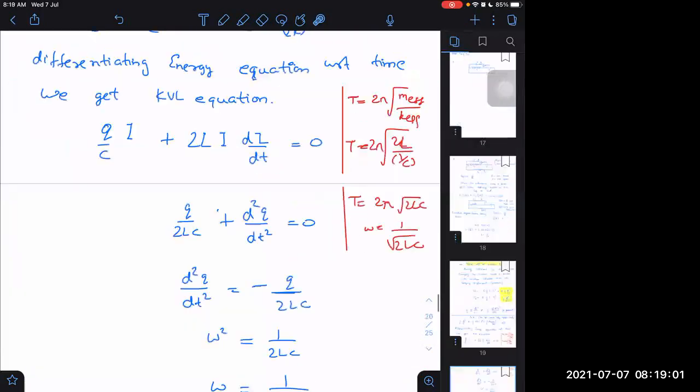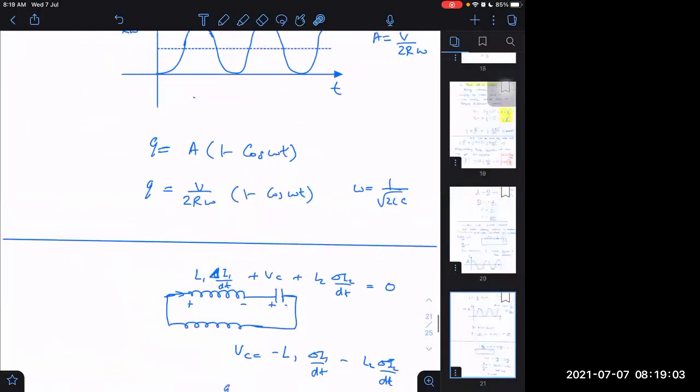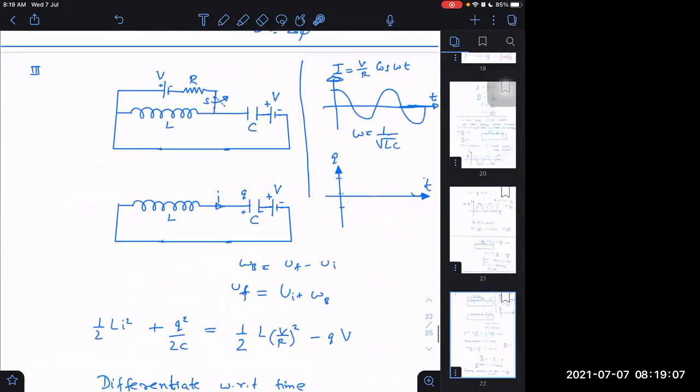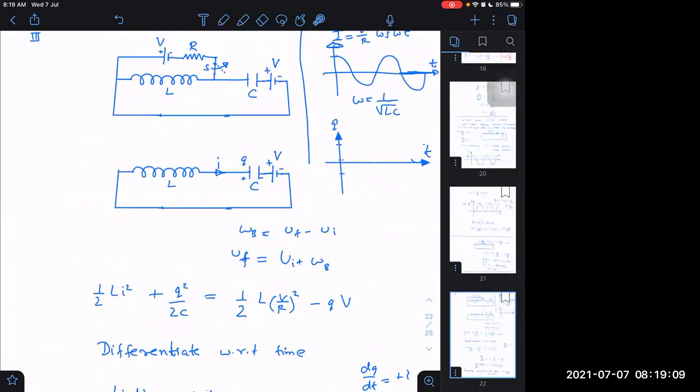What is the equivalent series capacitance here? Multiple capacitors are not involved. Only a single capacitor is there, so that is just one capacitor only. And in that capacitor, what is the initial charge stored? 0. What is the equilibrium charge stored? Minus CV. 0 to minus CV. Remember.